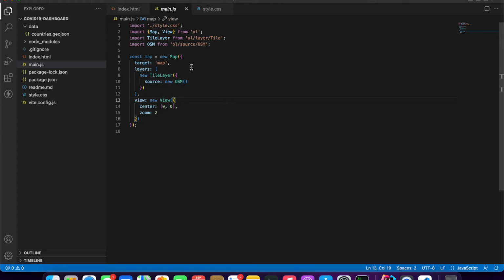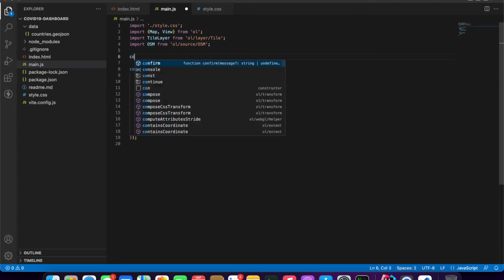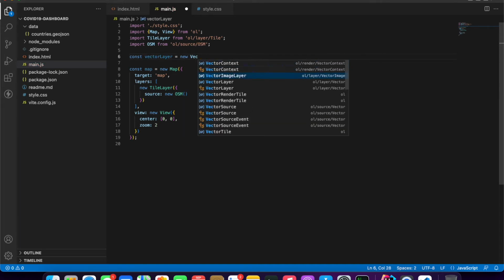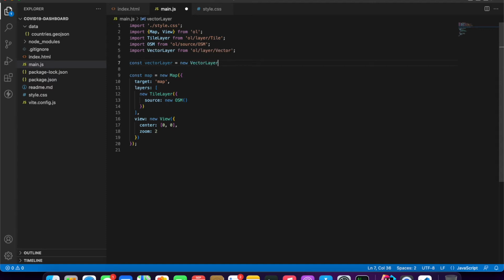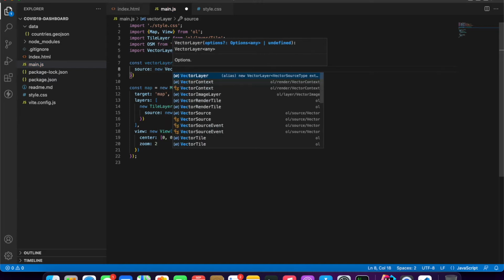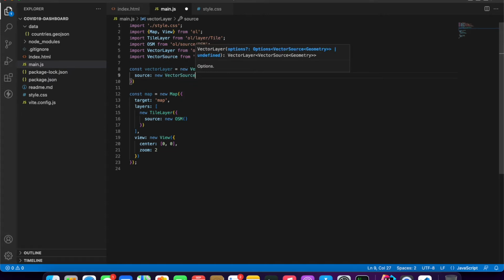So first we're gonna define a vector layer. So I'm gonna call const vectorLayer is equal to new VectorLayer. And inside this vector layer we're gonna define a new object called vector source. So here I'm gonna define new VectorSource,